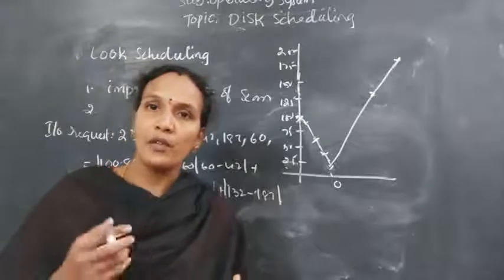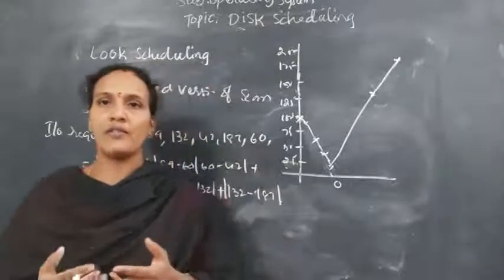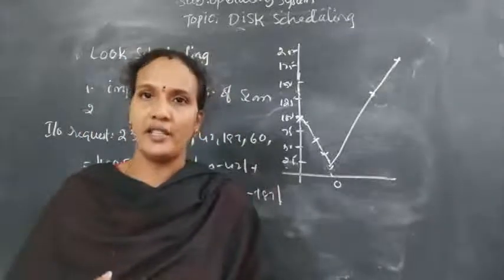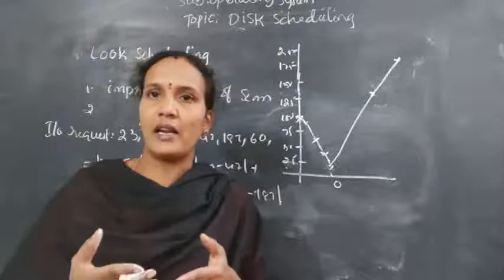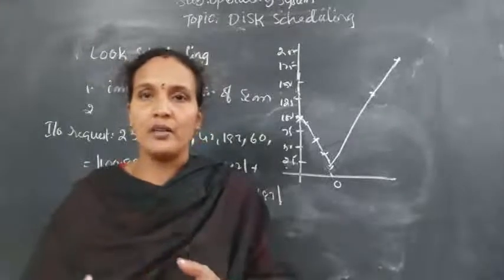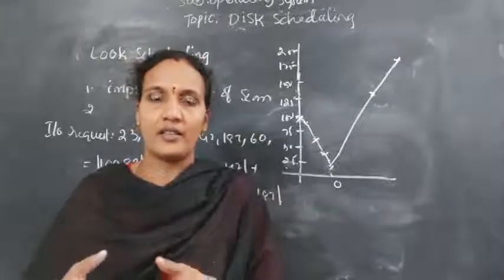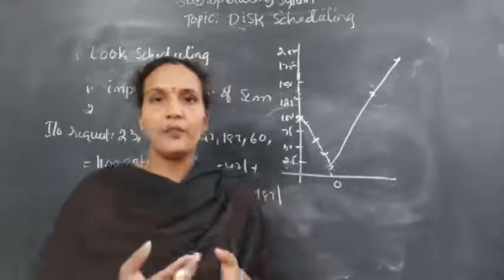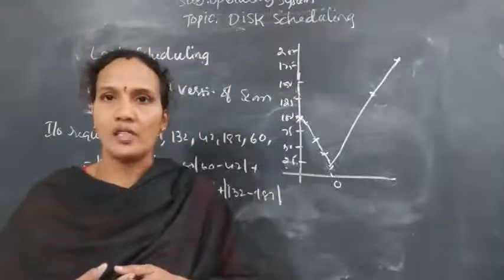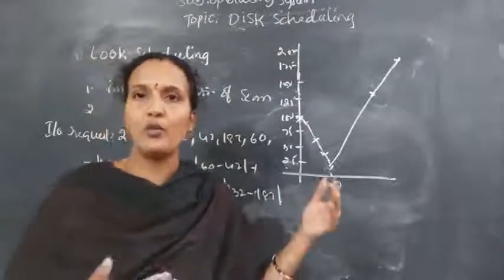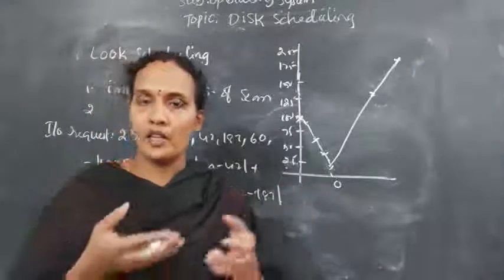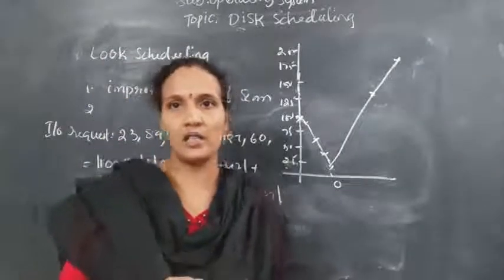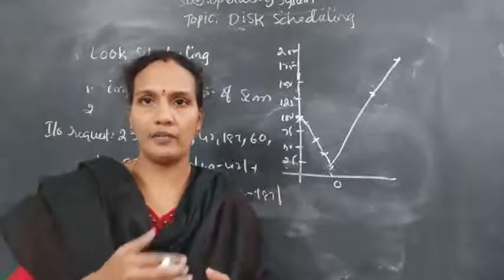The first one is first in first out: whichever track the user requests first will be served first. Next, shortest seek time: for example, right now it is at 100, and the shortest distance is 100 to 89. Whichever track takes less time will be served first. Next is SCAN. It will move from one end to the other end, and whatever track requests are there will be served as it moves, in an elevator fashion.